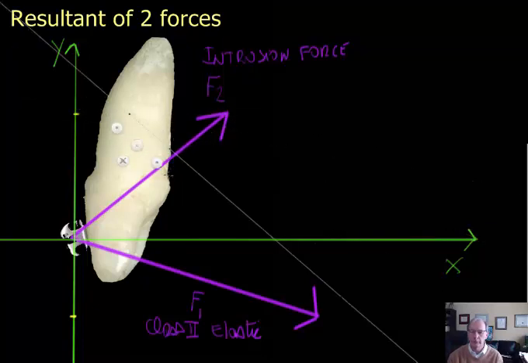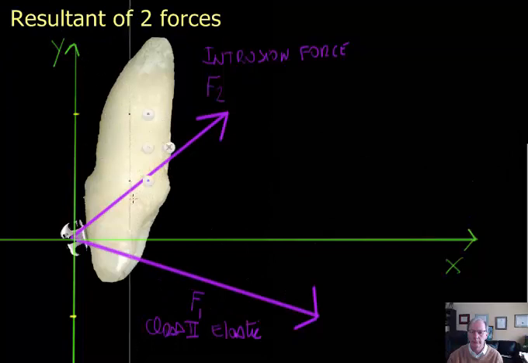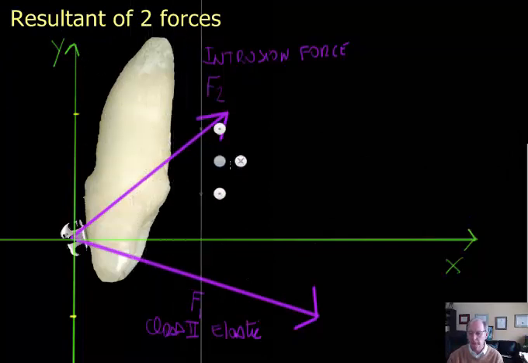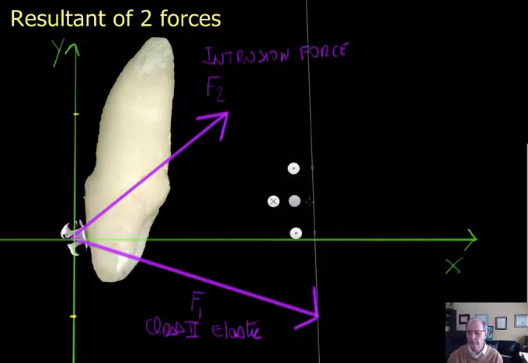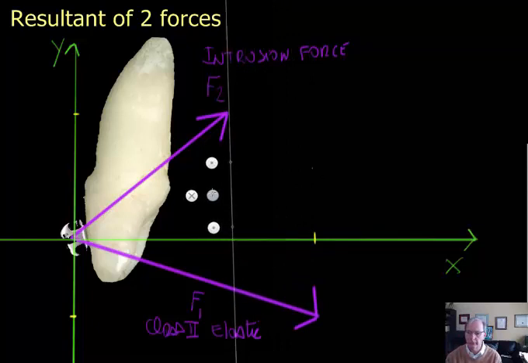Then we rotate the ruler and we bring it to roughly this point. Which becomes the F1X, and we move this to this point, which becomes